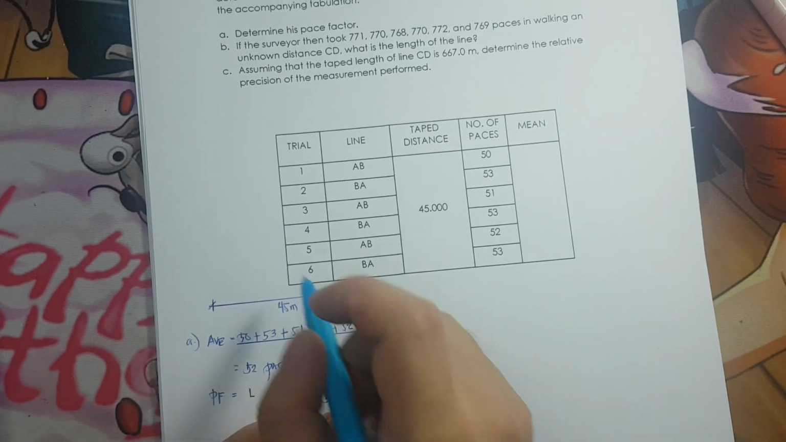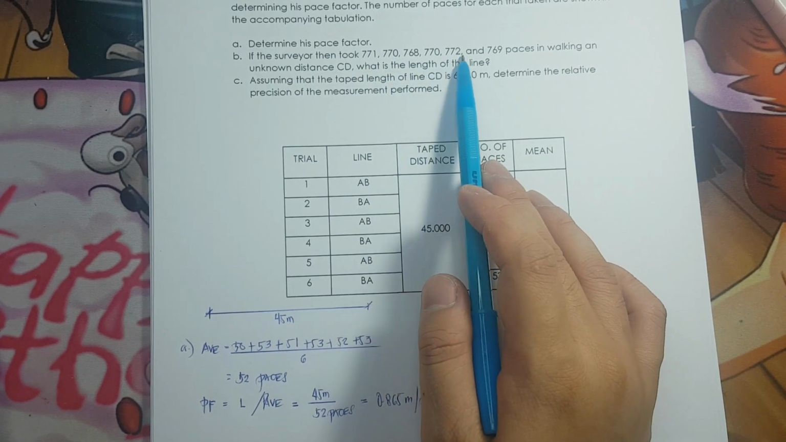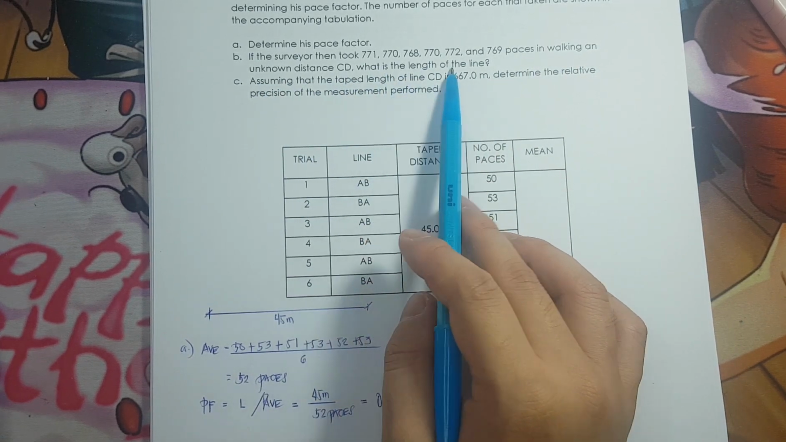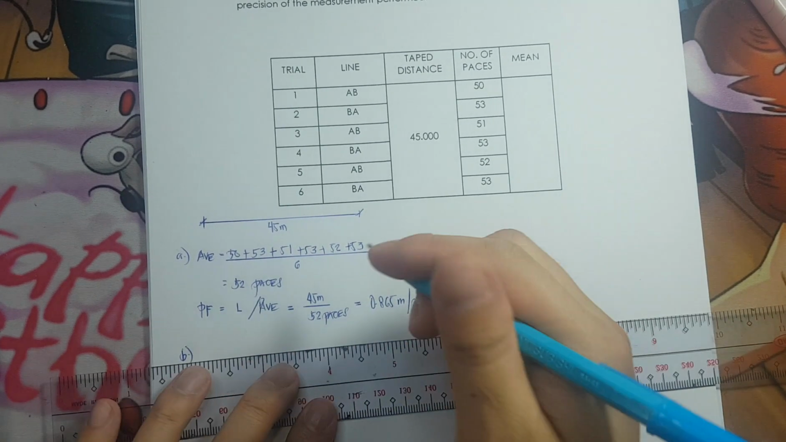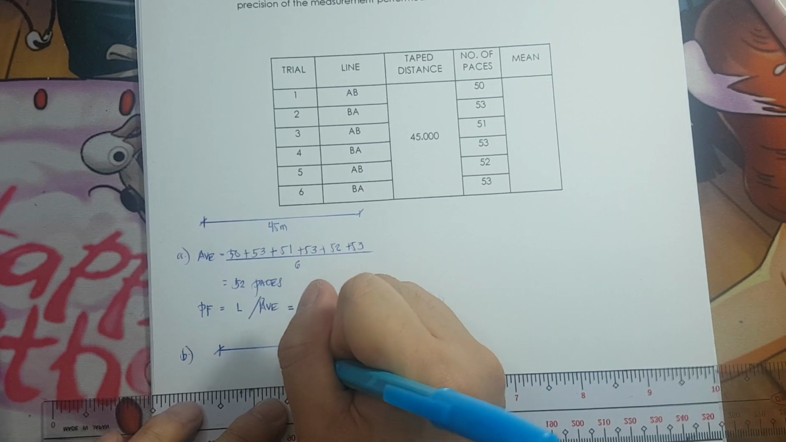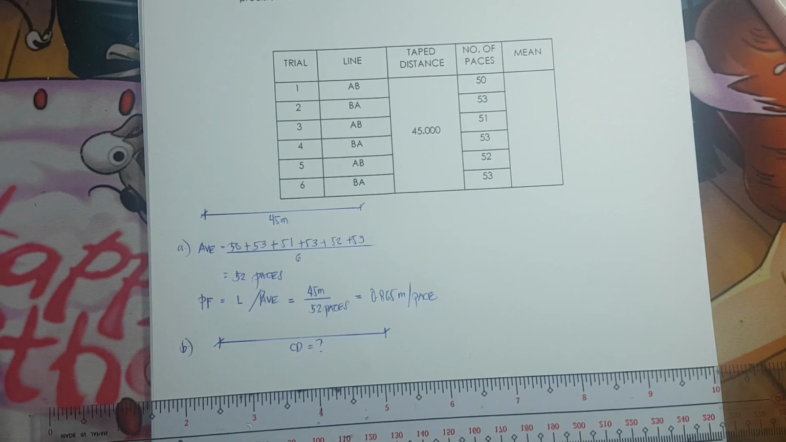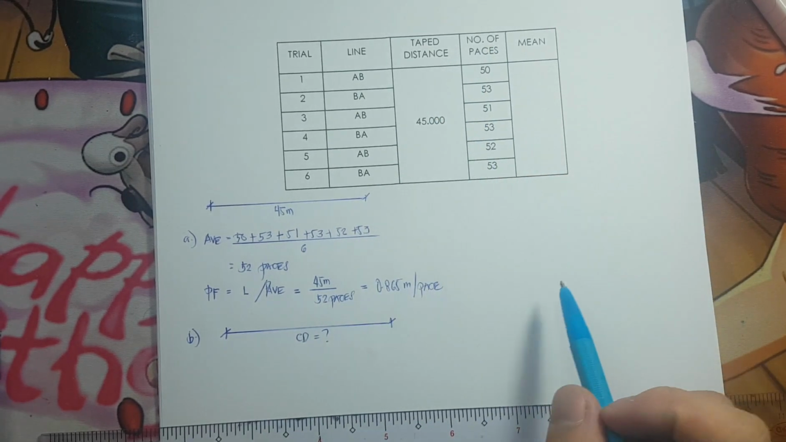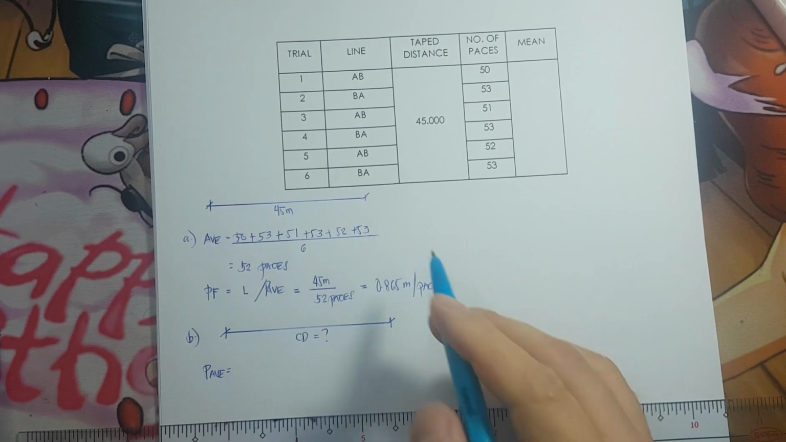Okay, so letter B, if the surveyor then took 771, 770, 768, 770, 772, and 769 paces in walking an unknown distance CD, what is the length of the line? So for letter B, we have here a line CD, and we do not know the distance. So for the average pace, P average is equivalent to